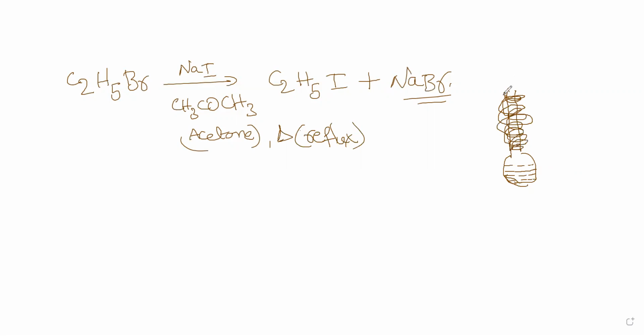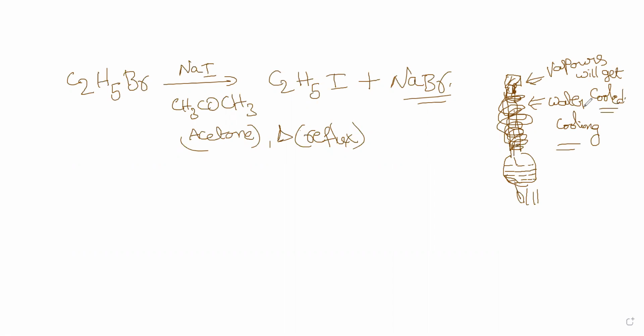Why do they do that? Now this will be a long column and this will generally be a closure. The reflux types are many. So when they heat it from the bottom, the vapors will be coming out. To cool the vapors, there will be a water cooling system. Because of the water cooling, the vapors will get cooled. So that process is called a reflux process.